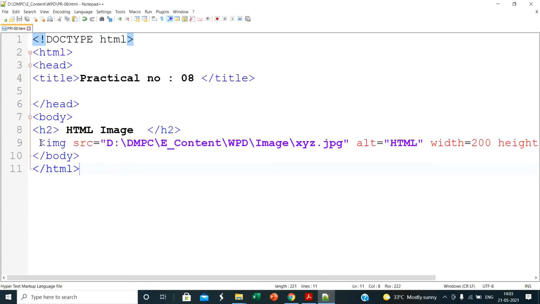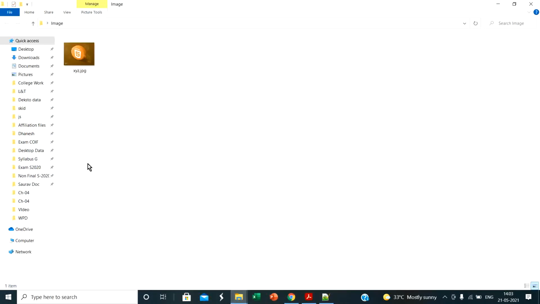Then here I declare the image. In the image tag, first I write source. What do you have to pass for source? The path of the folder. Here my image is present in this location, so double click on this and copy your path. My file name is xyz.jpg.